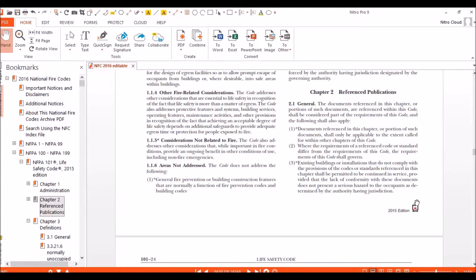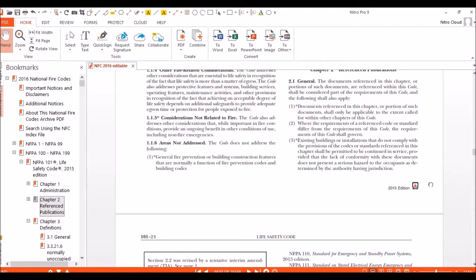So for example, country A has decided to retain their local standard of code. However, they would like to make a reference to NFPA 92 for the smoke control systems, which includes staircase pressurization system. So in that case, they can then align their system activation in accordance with NFPA 92, right?